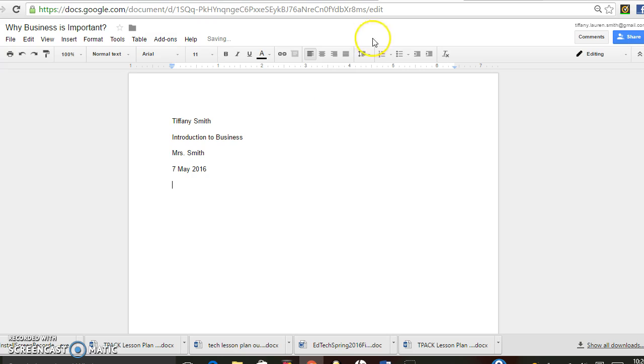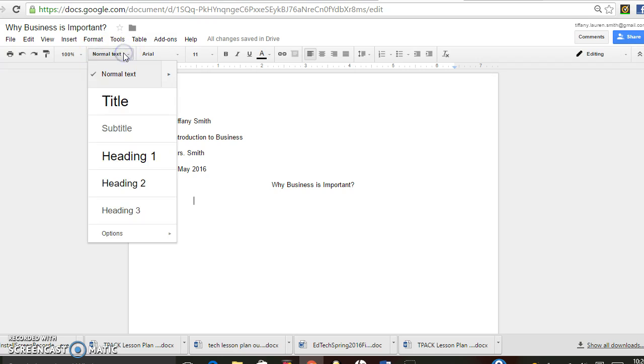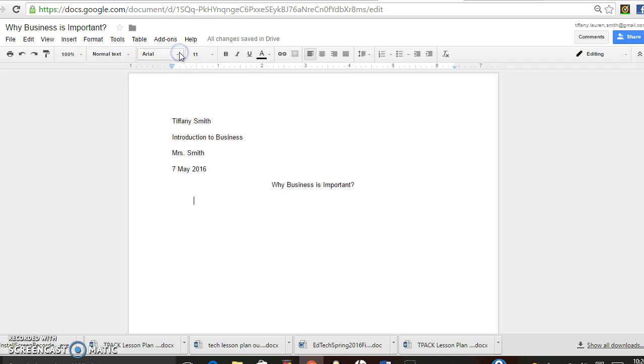And then we're going to enter a title and say why business is important. So, as you can see, this is a great tool to use, and there's many different options. You can print it, you can undo if you do something that you don't want to do, you can zoom in and out of it, you can have normal text as well as like a title, heading, all that. You can change the font, you can change the font size, you can bold it, italicize, underline, you can change the text color or highlight something if necessary, you can attach a link, you can add a comment,